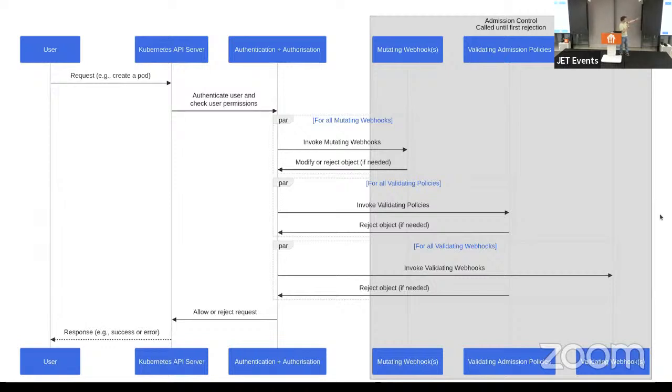So these are called first, and the way that it works is that all of them get called. If any of them mutate, it gets resent out to all of them again, and this continues until they stop updating. And then the other thing, which is slightly odd, that Kubernetes lets you do is that the mutating webhooks can choose whether that object is allowed or not. So, for example, you look at this pod and it's looking at you funny and you just say, nah, you're not allowed in here. This applies for every API resource that you've got in Kubernetes. You just have to configure it correctly so that it consumes that.